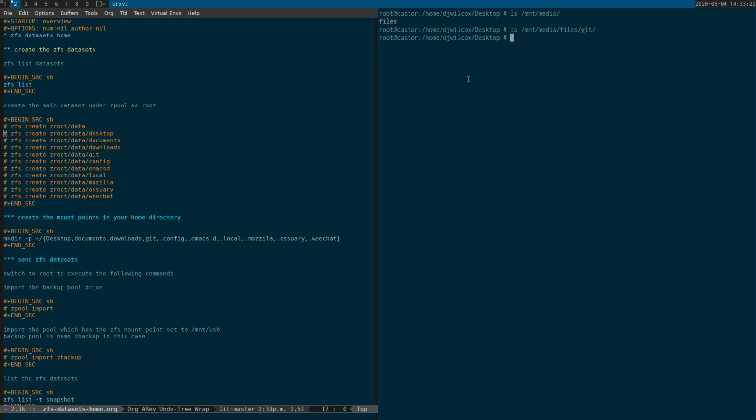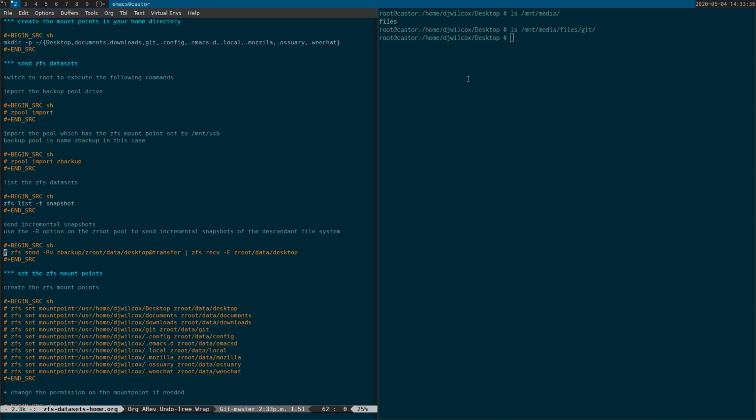From memory, I think you have to export the drive before you send the data across. Let me just double check that. So we've got it imported. Do we need to import the drive before we send it across? Let's try sending it across and see what happens, and if I mess things up. So what I want to do is